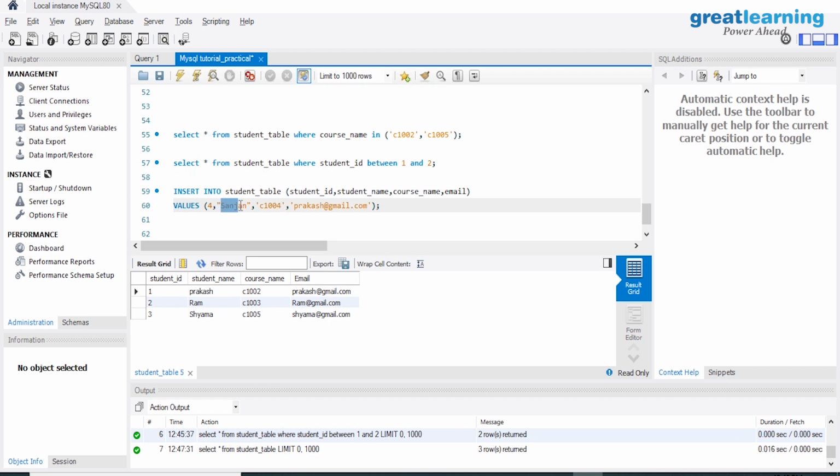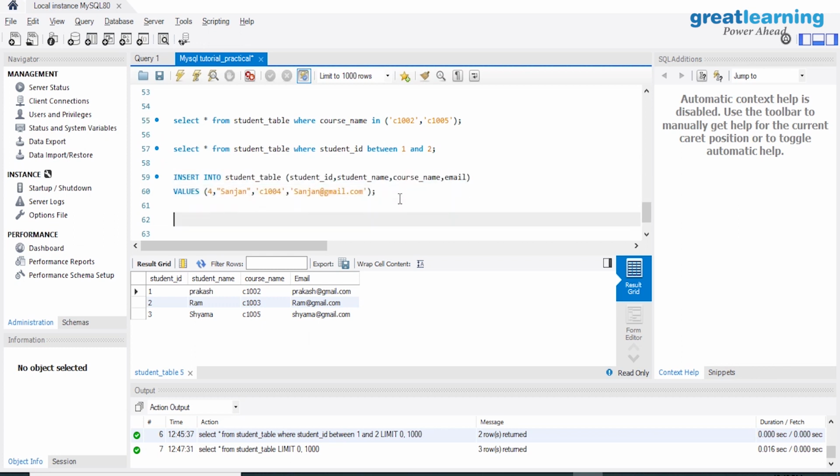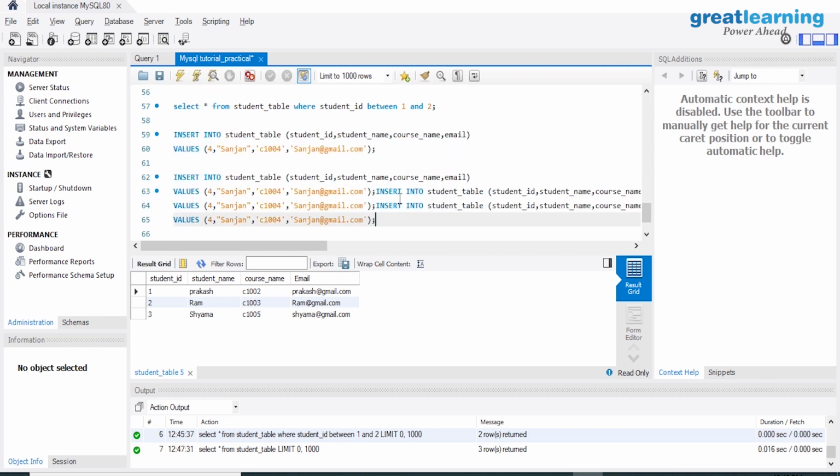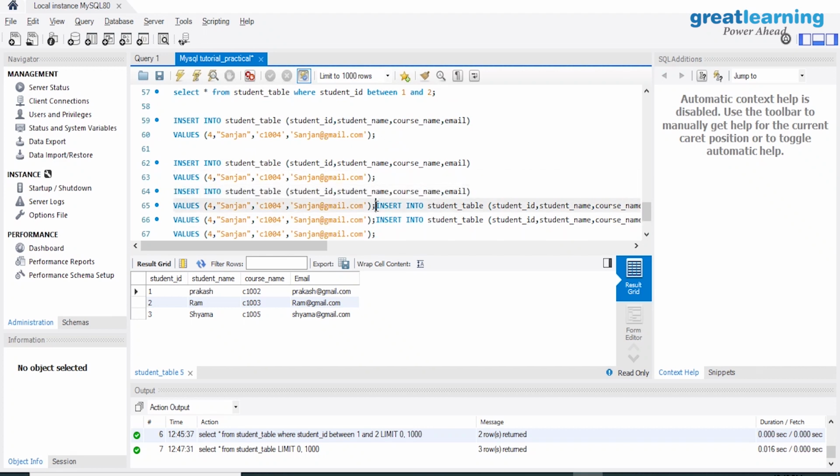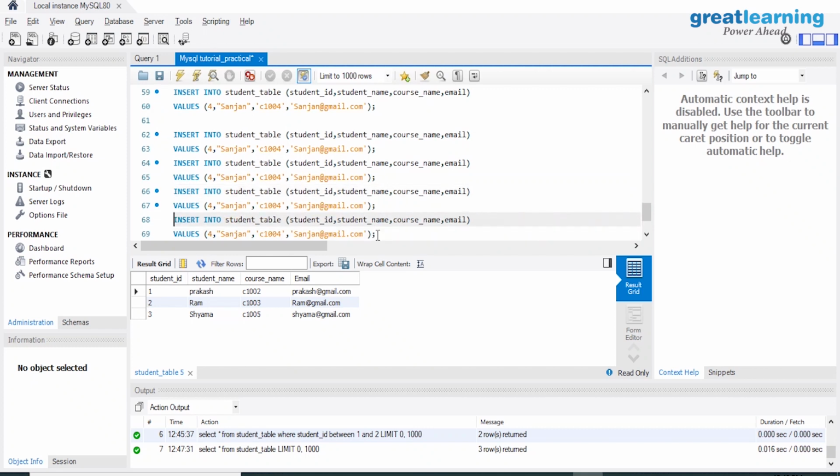Here I'm just going to take the name and the normal @gmail.com will be there. This is how I'm going to put at least 5-6 values, so that we can check how it's actually working. Okay, insert, and then come back to the next.